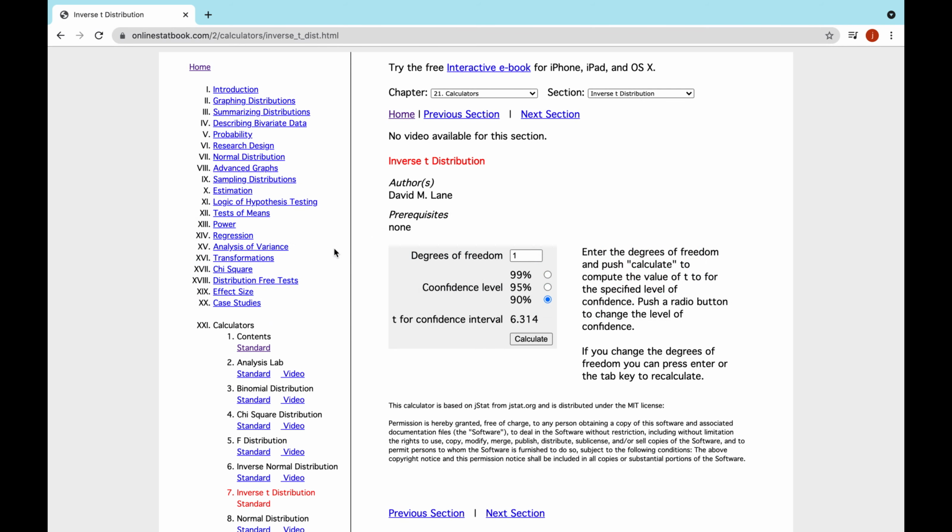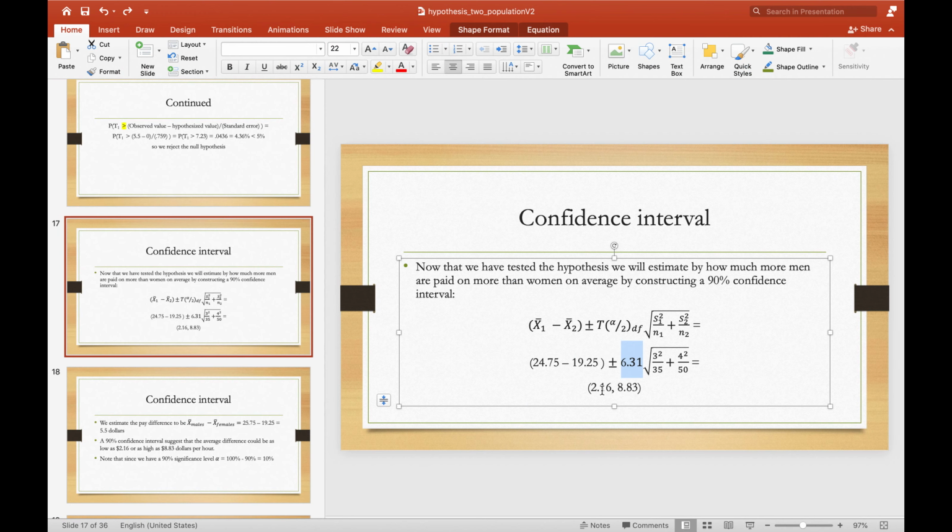Now, this calculator, it always works. You don't have to worry if you need to divide by 2 or anything like that for confidence intervals. But for hypothesis testing, you might need to be careful about your level of confidence. Okay, and when we do that, we get 2.16 and 8.83, indicating that the average difference in hourly wage could be as little as $2.16 per hour or as much as 8.83. A whopping 8.83. I feel like I could do a lot with an extra